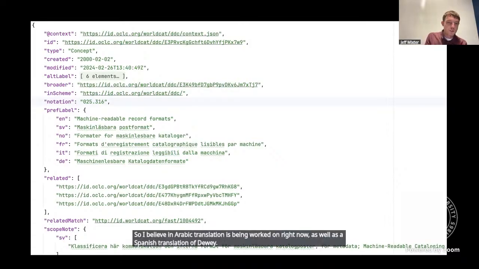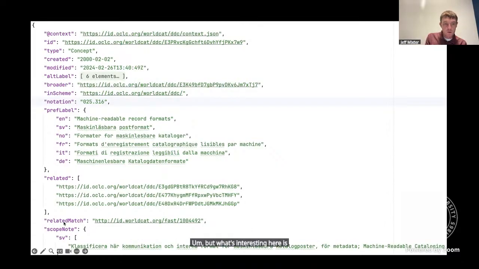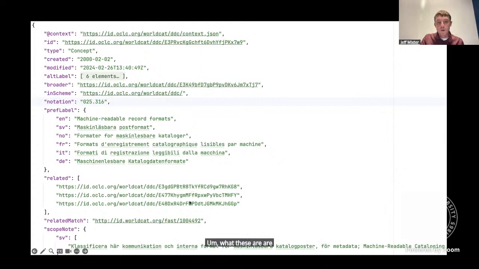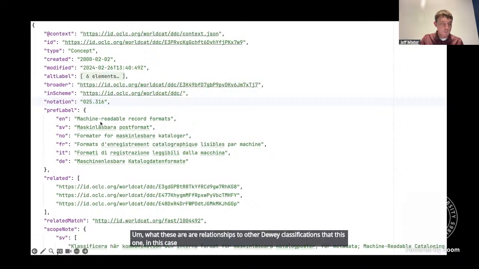But what's interesting here is you can see here that related match to a FAST topical heading. But what's also very interesting are these related Dewey classifications. And again, going back to how can we use this data, what these are, are relationships to other Dewey classifications that this one, in this case, the classification for machine readable record formats, MARC, is related to.